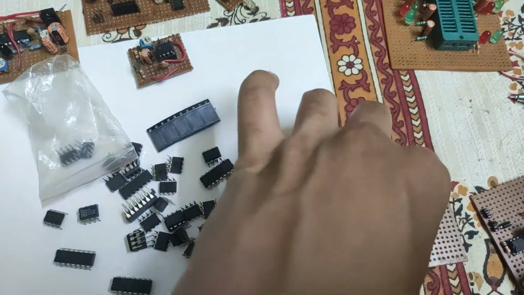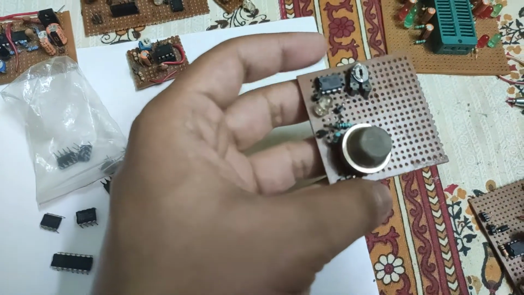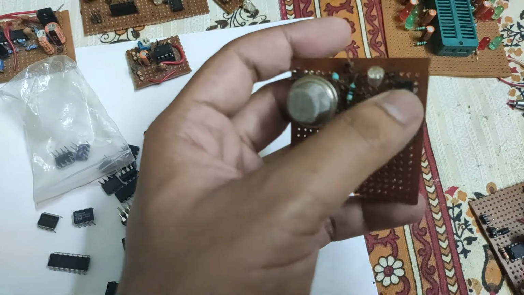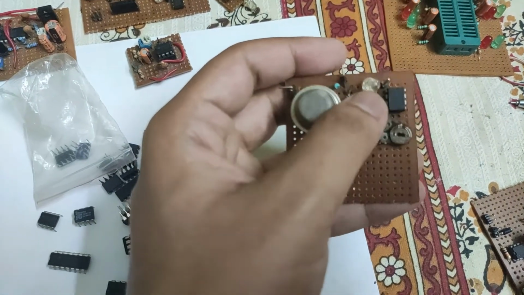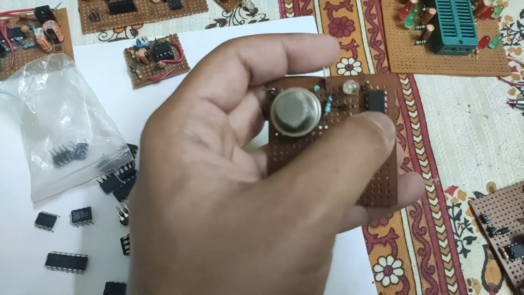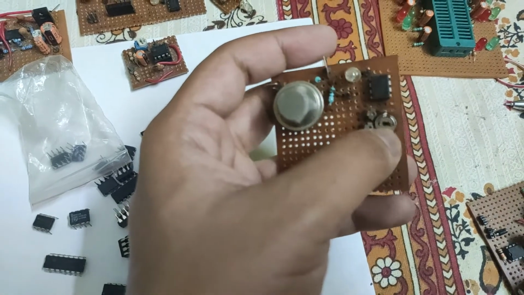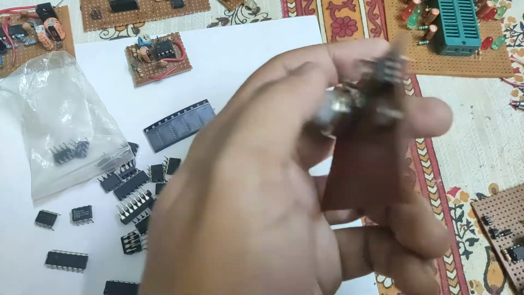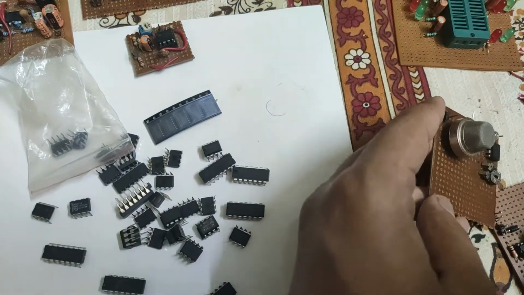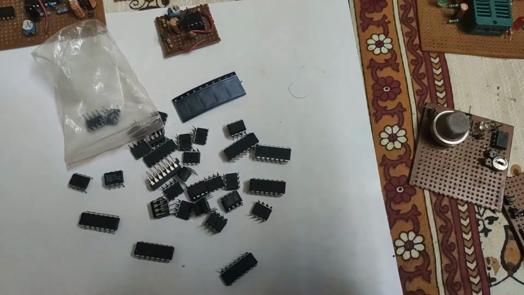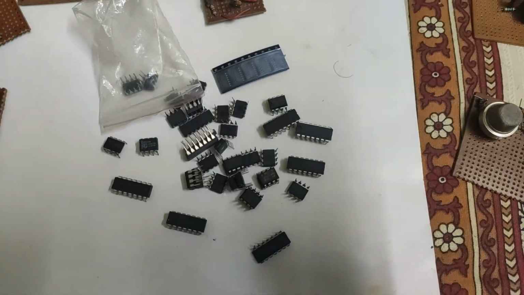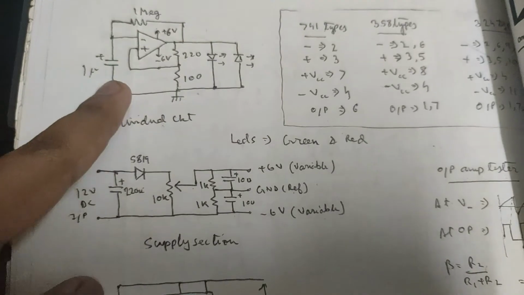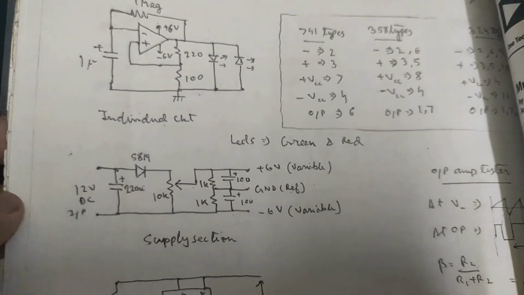And I also have another of these op-amp projects. Here it is, an MQ2 based gas detector. Here it is set as a comparator, and after the threshold set by this potentiometer, the output will turn high. So there are endless projects you can make with op-amps. The opportunities are limitless.